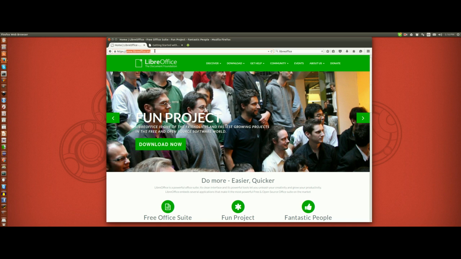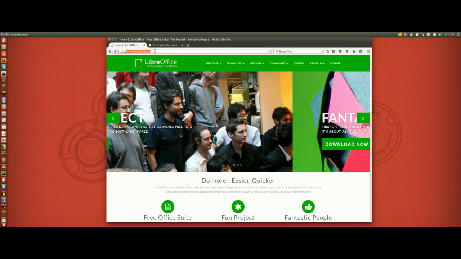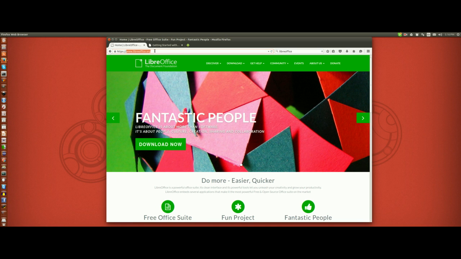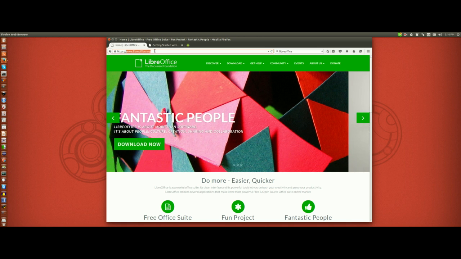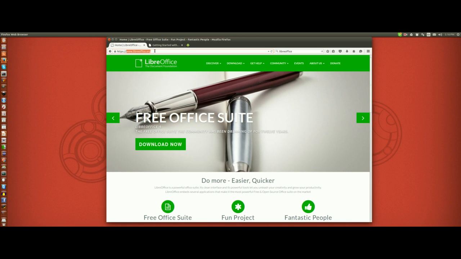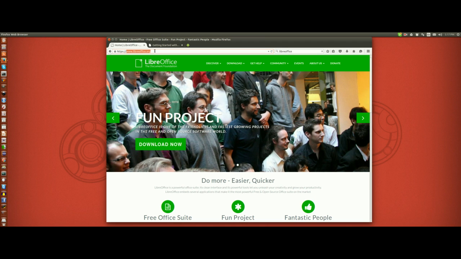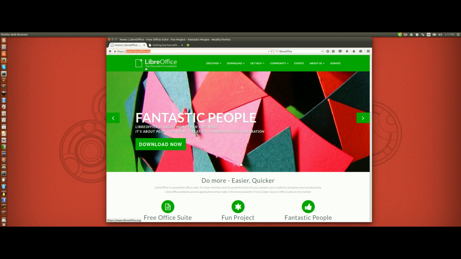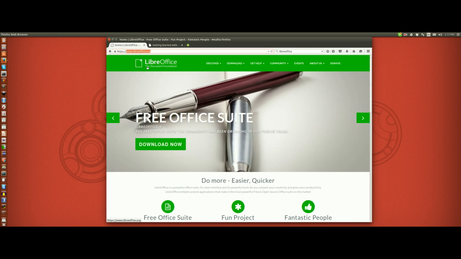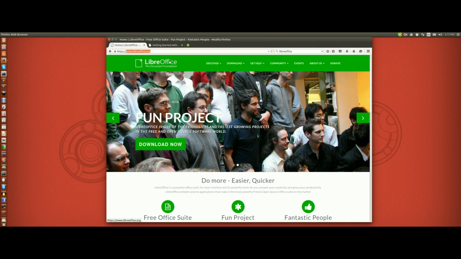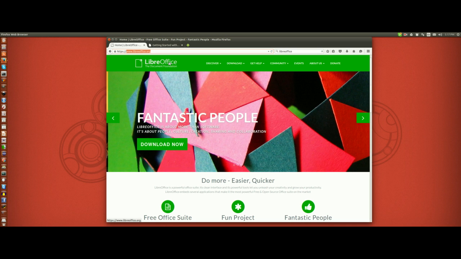And later on, Sun Microsystems was purchased by Oracle, and Oracle had some disagreements with the developers of OpenOffice.org. So the developers of OpenOffice.org left Oracle and started the Document Foundation. And this Document Foundation reorganized the code, rebranded the code, and presented it to the open source community as LibreOffice. So by the time